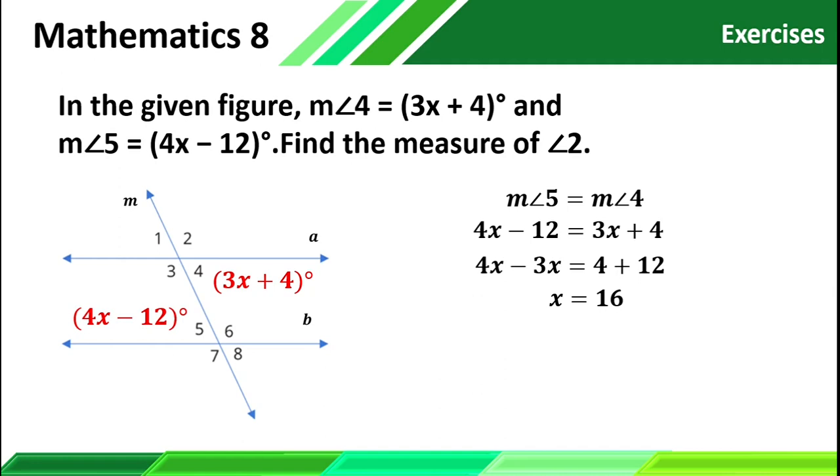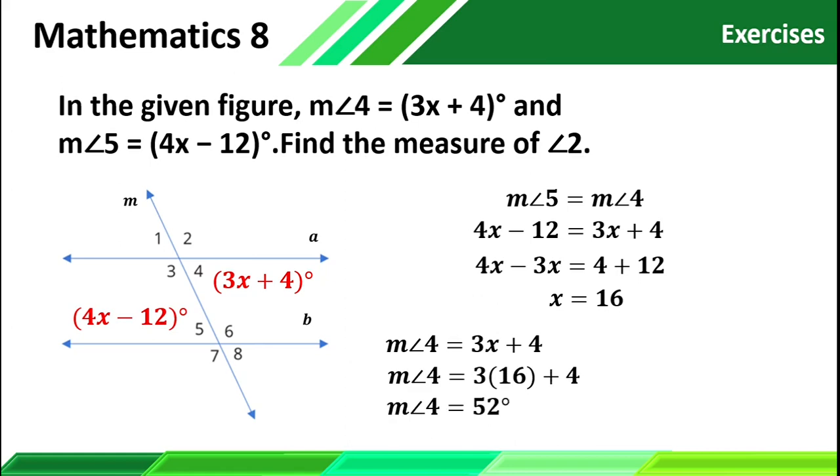But we are not yet done. We are looking for the value of the angle number 2. So to find that, let's find first the value of angle number 4, which is 3x plus 4. We just simply substitute the value of x, therefore it will become 3 times 16 plus 4, which is 52